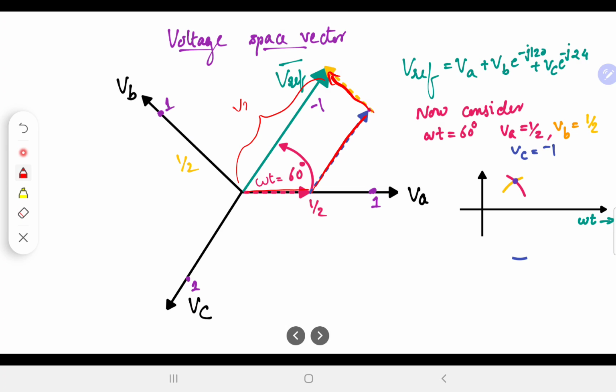Okay, this is my Vref, and that happens to be 3 by 2 times this one, because we know that this is unit 1 and this is going to be half of that. It will be half because it is coming from these two. Okay, so I get a representation like that,